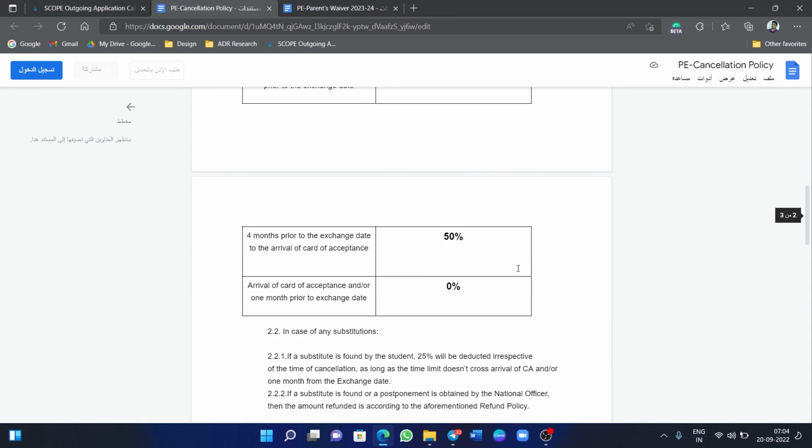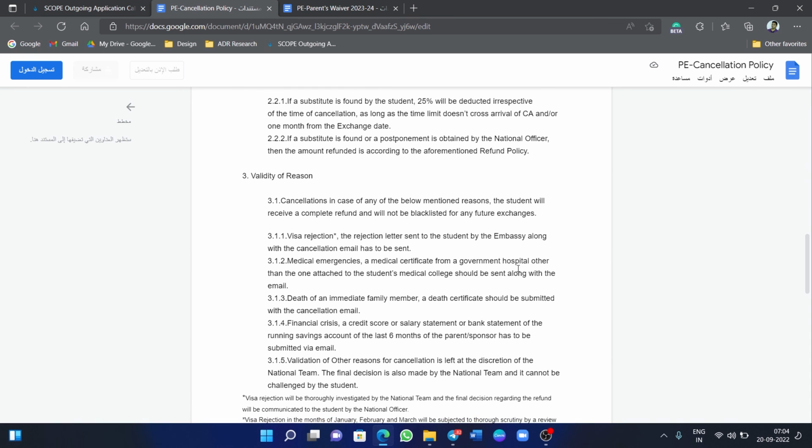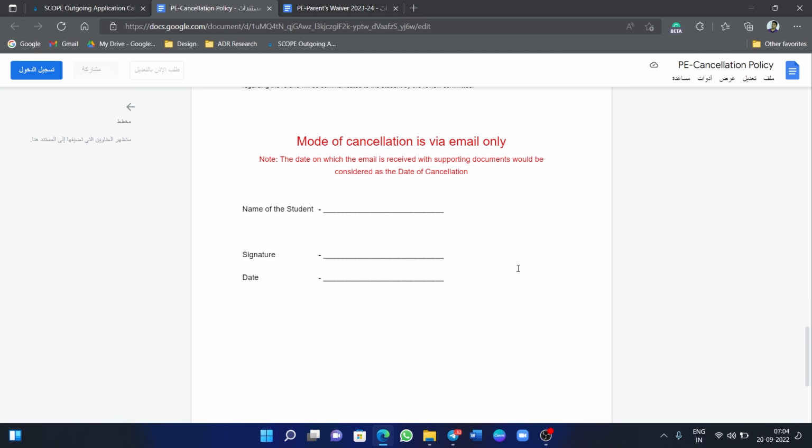So please give it a read. And again, all this you have to read, and it is all self-explanatory. And then the name of the student, that is your name, your signature, and the date on which it is being signed. And then the last document is the COVID-19